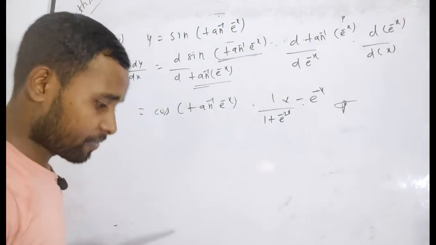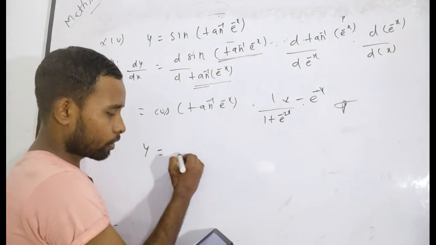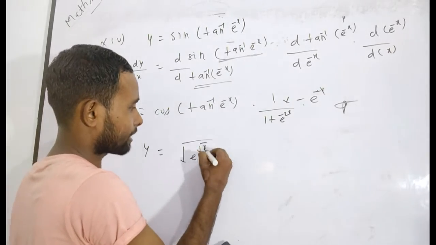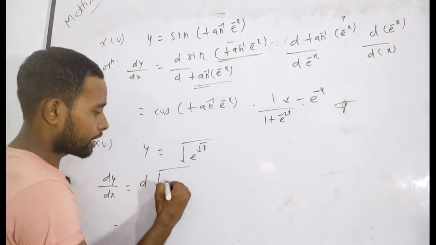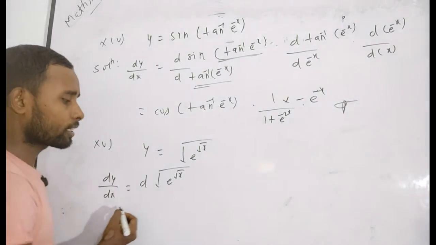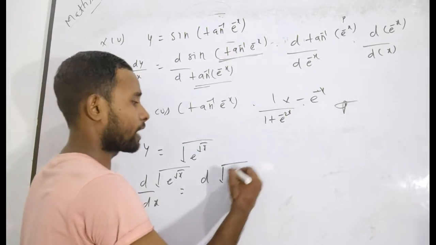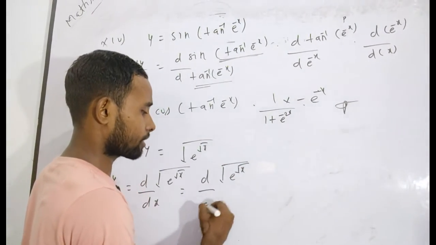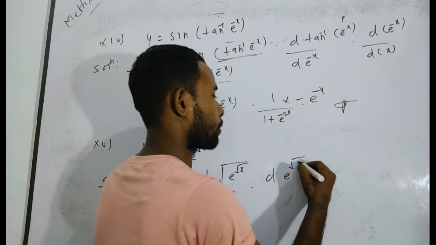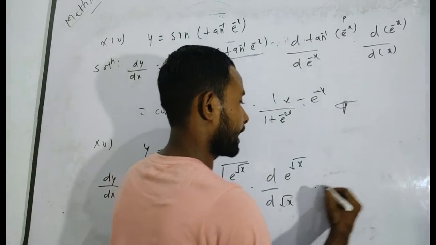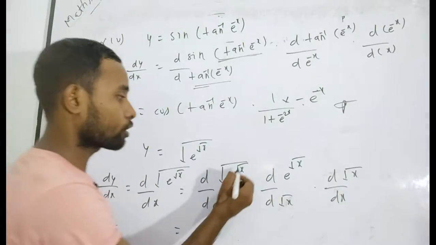Next question, 15. In question 15, it is given y is equal to root under e to the power root under x. Now you have to differentiate, simply write dy dx. Differentiating the square root function, that means root under e to the power root x with respect to x, but we can't differentiate it directly. That's why I want to differentiate root under e to the power root x firstly with respect to which function? E to the power root under x. Again you have to differentiate e to the power root x with respect to which function? Root x. Again you have to differentiate root under x with respect to which function? Yeah, x.